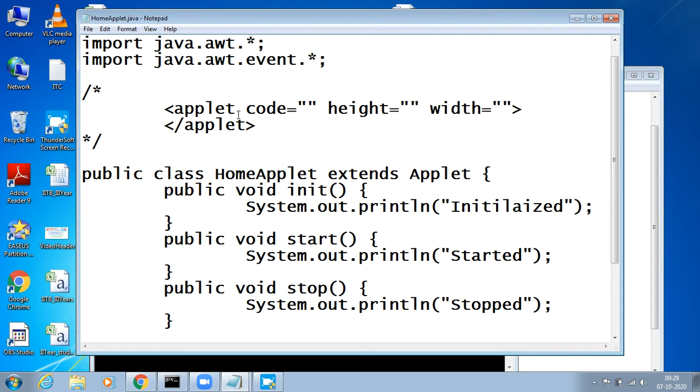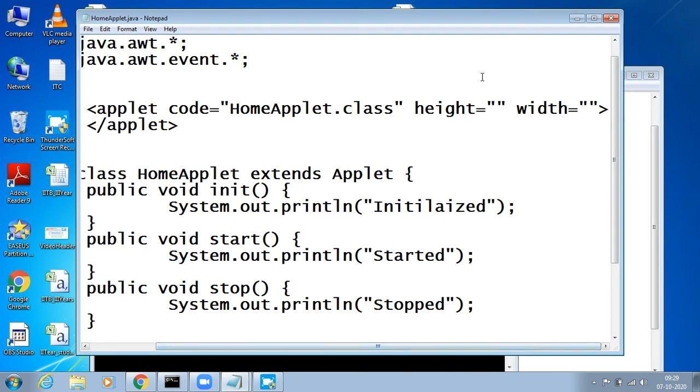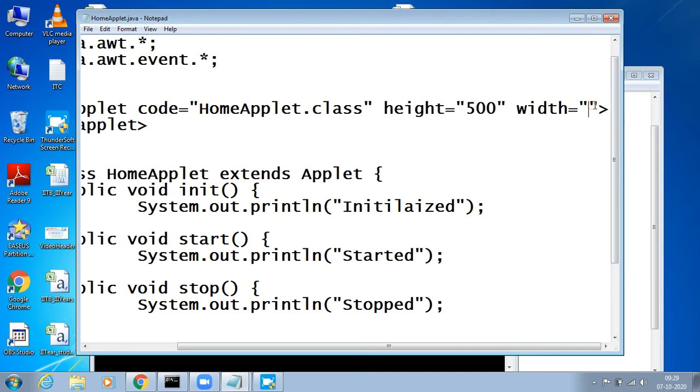Code represents the name of the applet class, height represents the height of the applet, and width. The applet code is HomeApplet.class, and give some height and width, say 500 for the height and again 500 for the width.